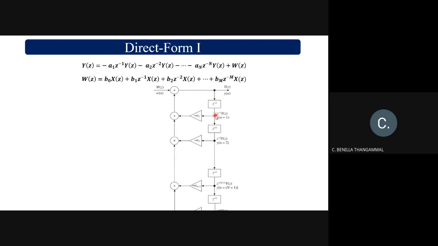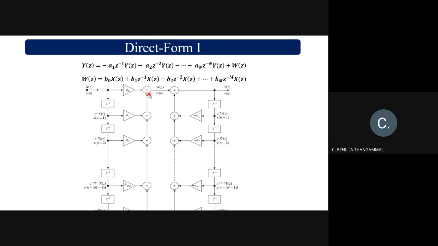So minus a1 z inverse Y of z, and minus a2 z power minus 2 Y of z. It goes on until minus an z power minus n Y of z. So this is equal to plus your W of z. Right? Now the second equation. W of z is equal to b0 X of z,